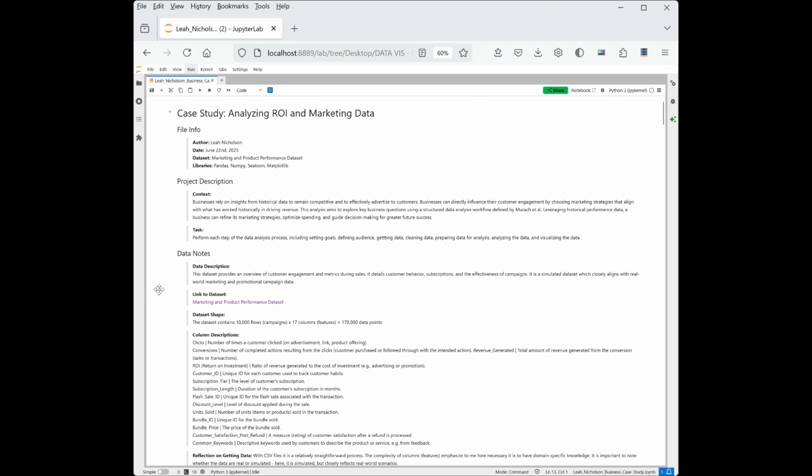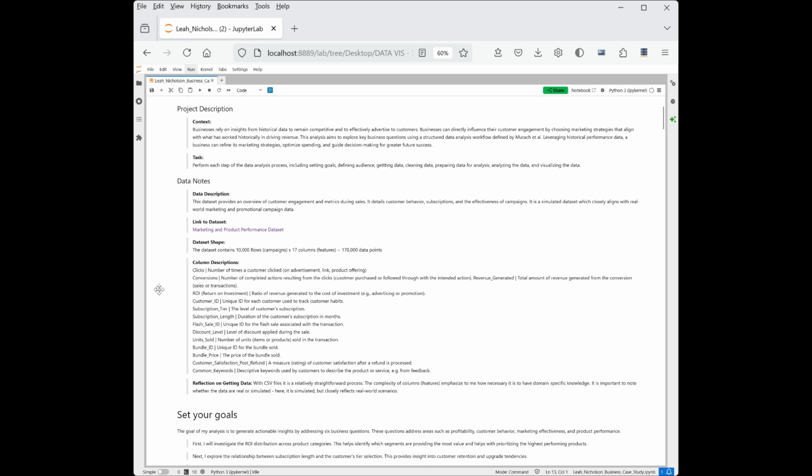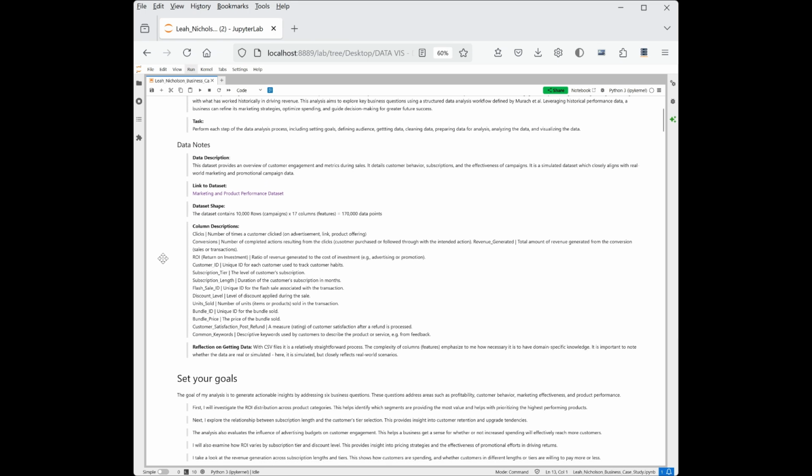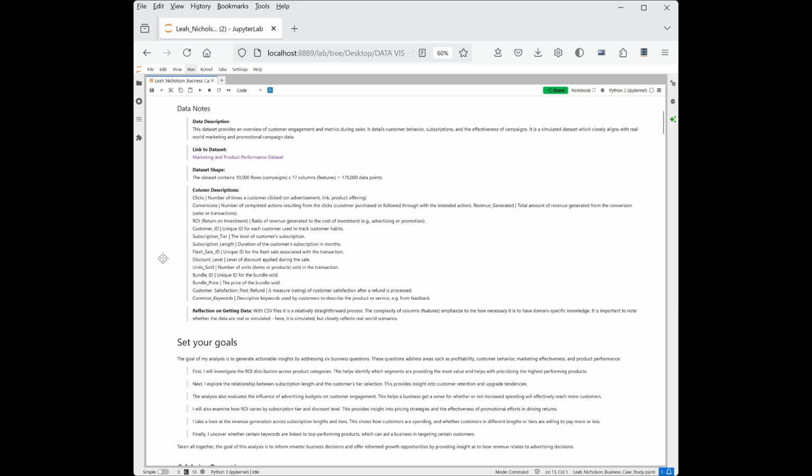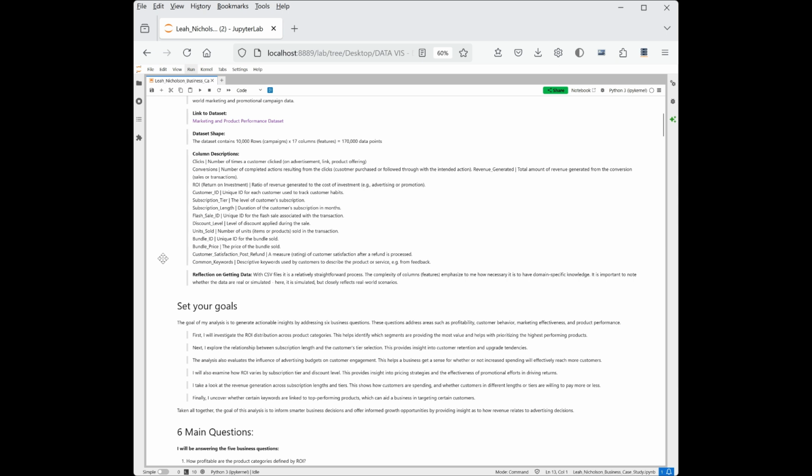Now we can go over the project in detail. For this project, I used the Pandas, Numpy, Seaborn, and Matplotlib libraries. I used the marketing and product performance dataset, which is linked in the description here. Once again, it contains 10,000 rows and 17 columns. The columns contain a lot of valuable information, such as the clicks, conversions, return on investment, customer ID, subscription tier,